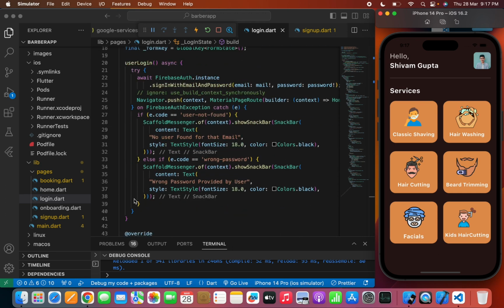Now I want that when the user signs up in the app or creates a new account to register in the app, the data, I mean the name and the picture of that user, will directly upload to the Firebase Firestore. The reason for uploading the data to the Firestore database is because I can use that data to show in the admin panel which user has booked the respective service and at what time and date, and